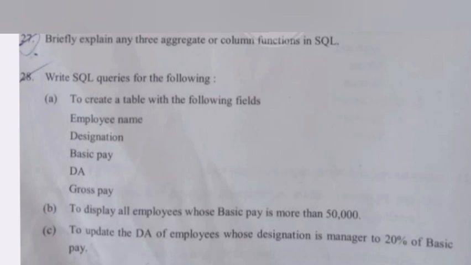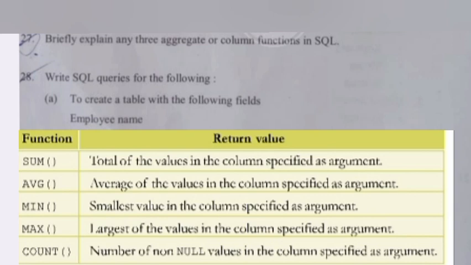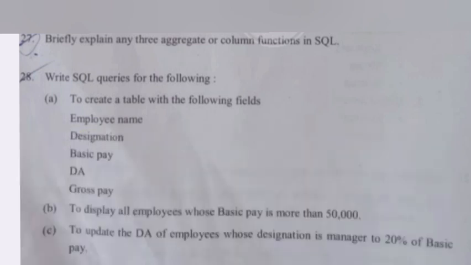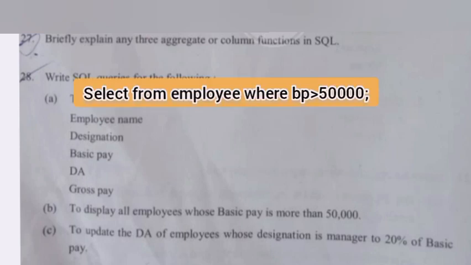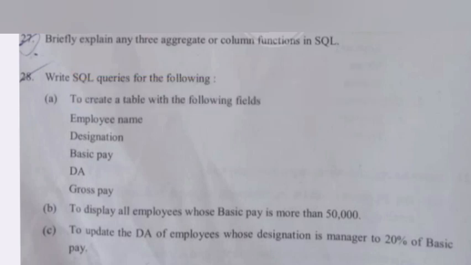27. Briefly explain any three aggregate or column functions. Answer: 28. Write SQL queries for the following. A. To create a table with the following fields: employee name, designation, basic pay, DA, gross pay. Answer: B. To display all employees whose basic pay is more than 50,000. Answer: C. To update the DA of employees whose designation is manager to 20% of basic pay. Answer: